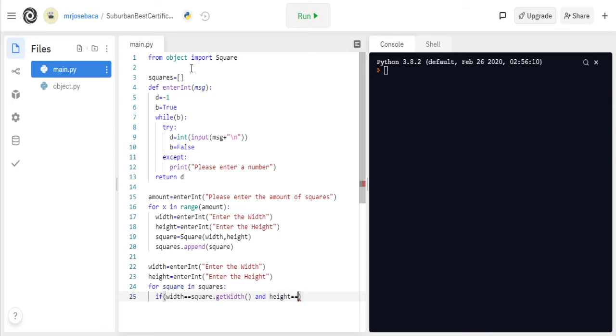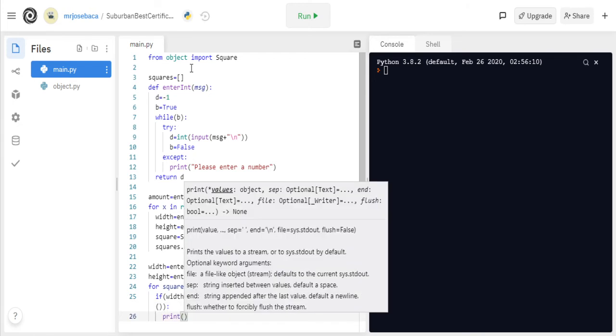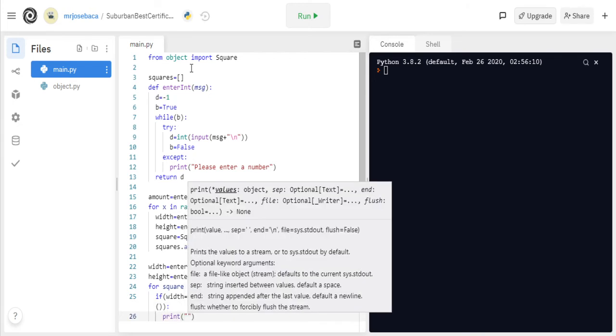Okay, that means the height and the y needs to be the same. We're going to say if the height it's equal to the square get height. Okay, that way. You see, we start using our getters. If that happens, okay, we're going to print this: we found your value. Okay,